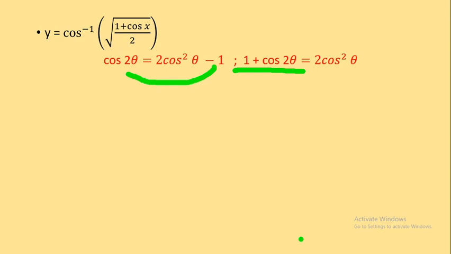Okay. So now the main question. If you see here, I cannot substitute this formula here. Just see the question and can you tell me why I cannot substitute this formula here? Yes, very good. Because there is a 2 here and here I cannot see a 2. So what should I do in such a case?